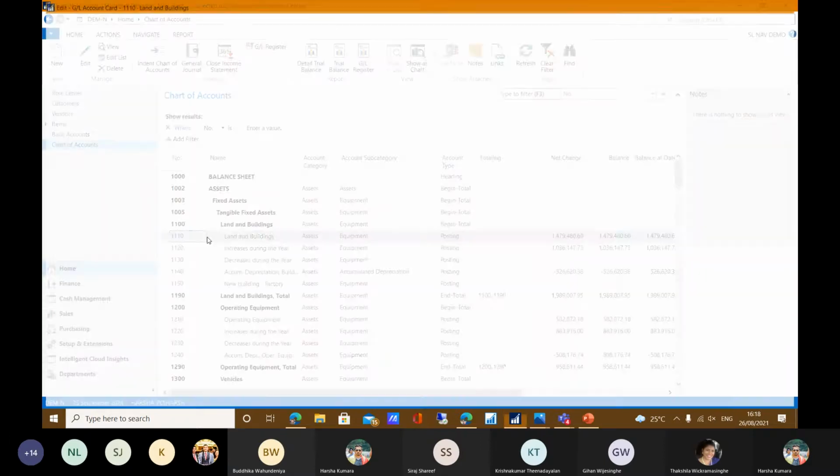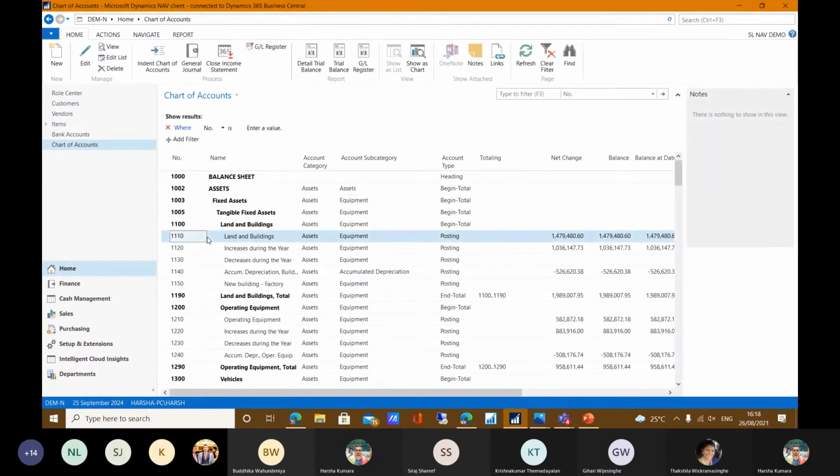Okay, then I will show you the integrity of the chart of account. As I said, the indentation of the chart of account is very important, because when you assign any GL account, you have to indent it properly. For the creation of the chart of account, the user should have a better understanding of the chart of account in its entity.